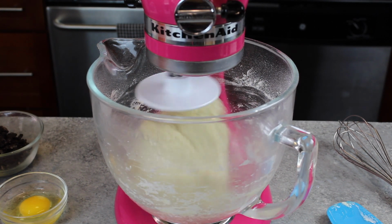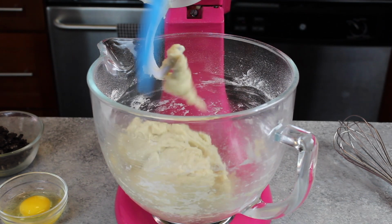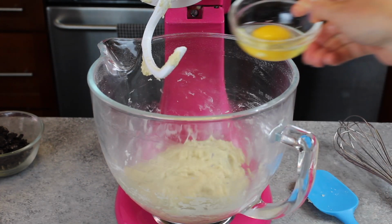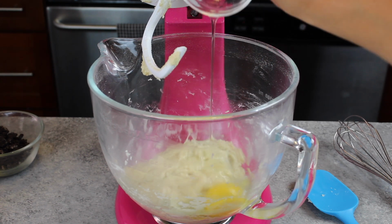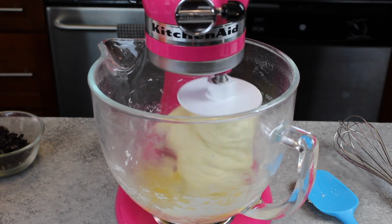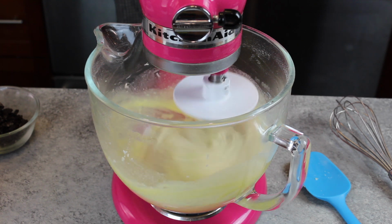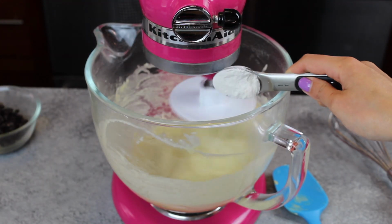Once it seems like most of the flour has been worked into the dough, it's time to add our egg. So we're just adding 1 large egg that's at room temperature here, and this is going to make the dough super sticky. So it takes a little bit of time to incorporate the egg into your dough, and if you want to, you can actually beat the egg before you add it in. But you can see here our dough is kind of sloshing around our bowl,